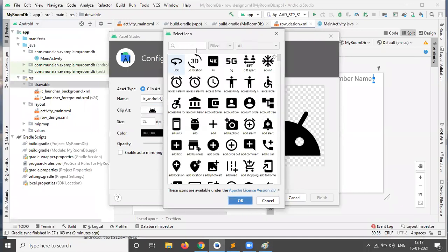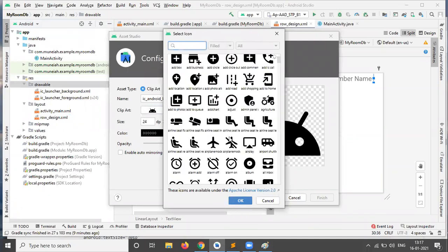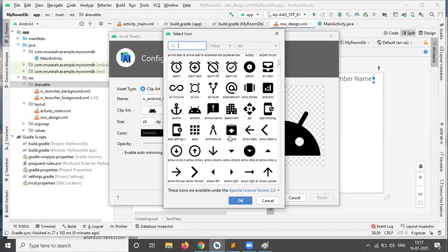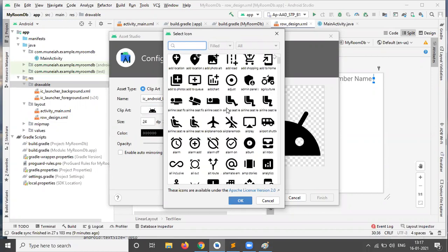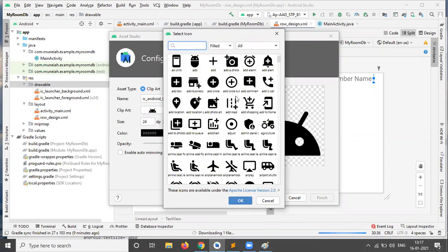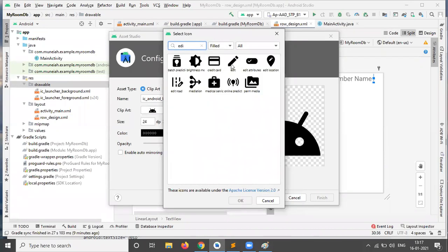Search the icons. These are inbuilt Android system icons. Type here edit, and it will display the edit option. Just click on the OK button.